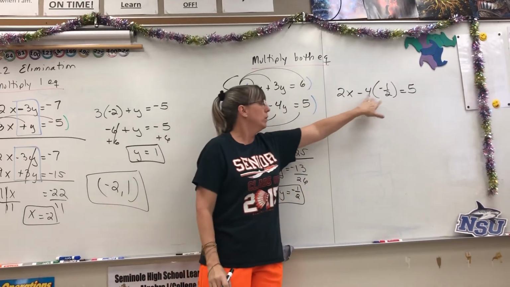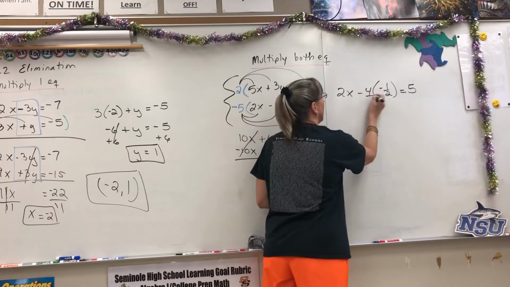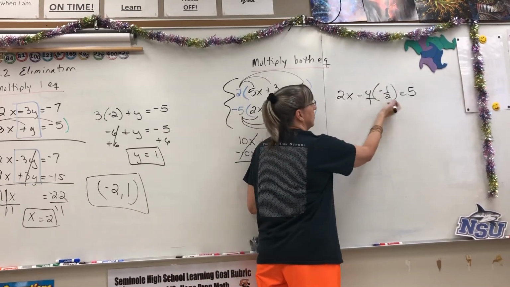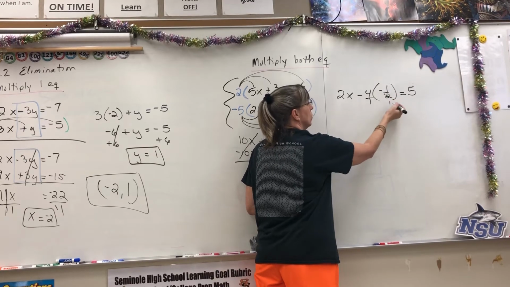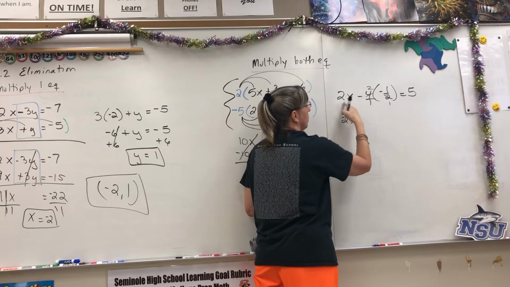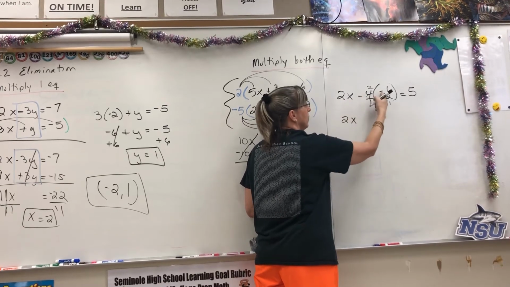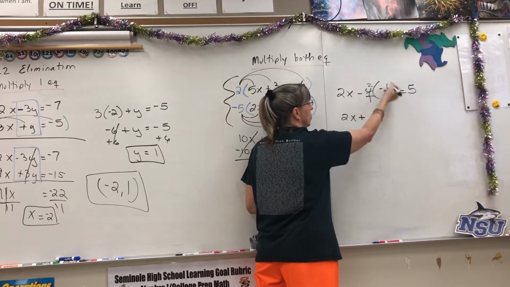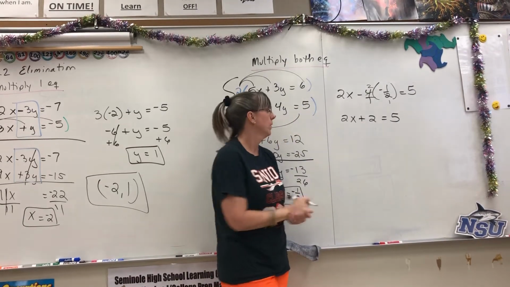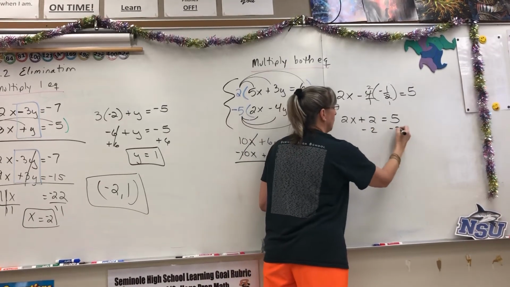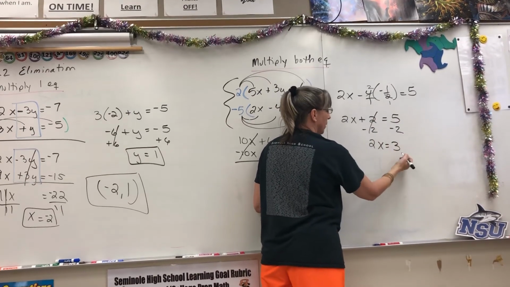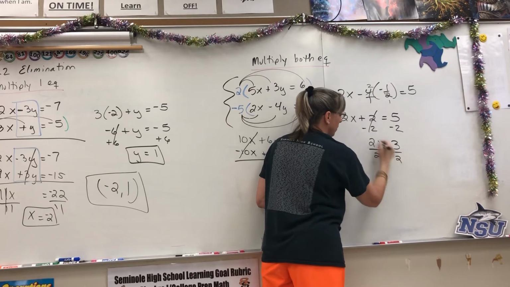If I have a whole number multiplied to a fraction, I can put that over 1, and then I can cancel. 2 goes into 2 once, 2 goes into 4 twice. So I now have 2x, negative times a negative is a positive, 2 times 1 is 2, equals 5. Subtract the 2 off of both sides, I get 2x equals 3. If I divide by 2,